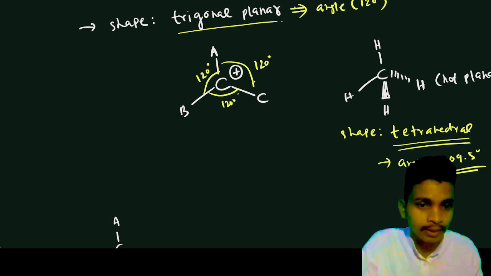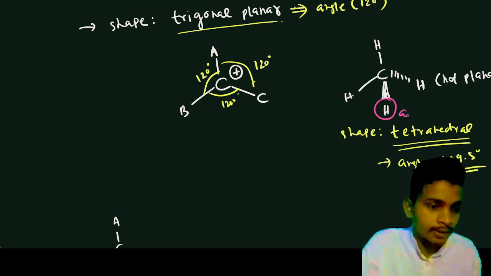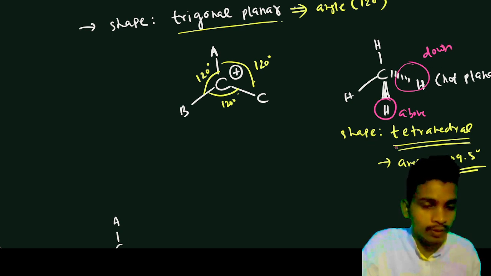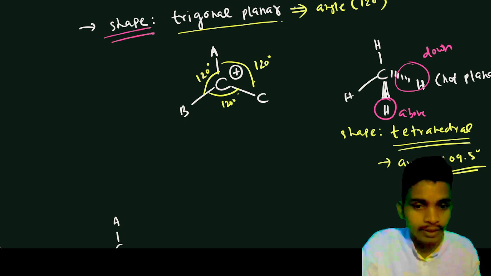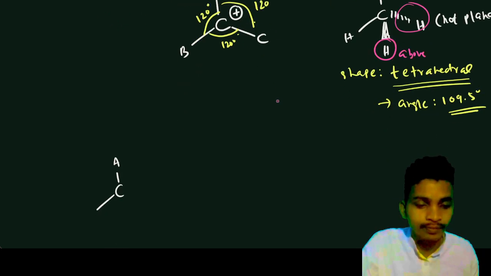This shows that this is on the above side, and this shows that this is on the down side. It means that this is not planar, but the trigonal planar carbohydrate is planar. Okay,